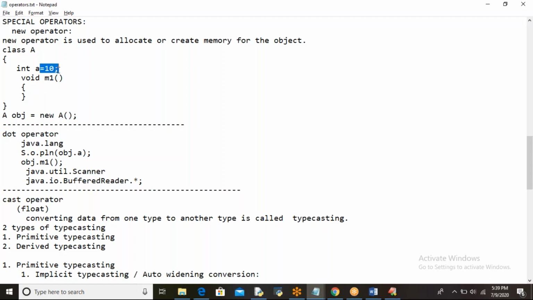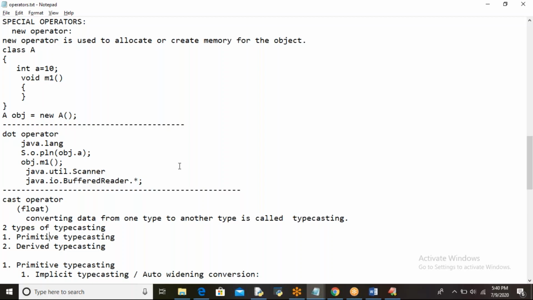If you want to print this variable a, obj.a, and if you want to call this method, obj.m1, you use the dot operator. If you want to refer to a particular class, java.util.Scanner: java is the library, util is a package, and Scanner is the class. Java is the library, io is a package, BufferedReader is a class, and star means all methods and variables inside that package.